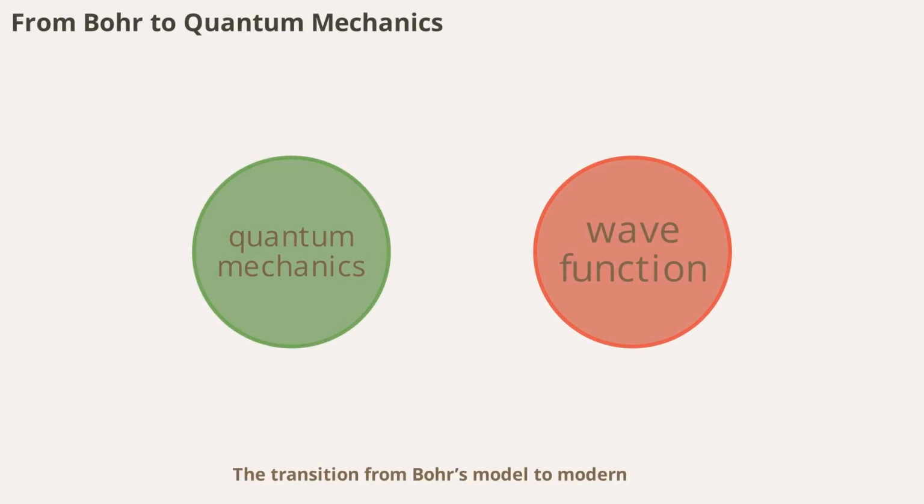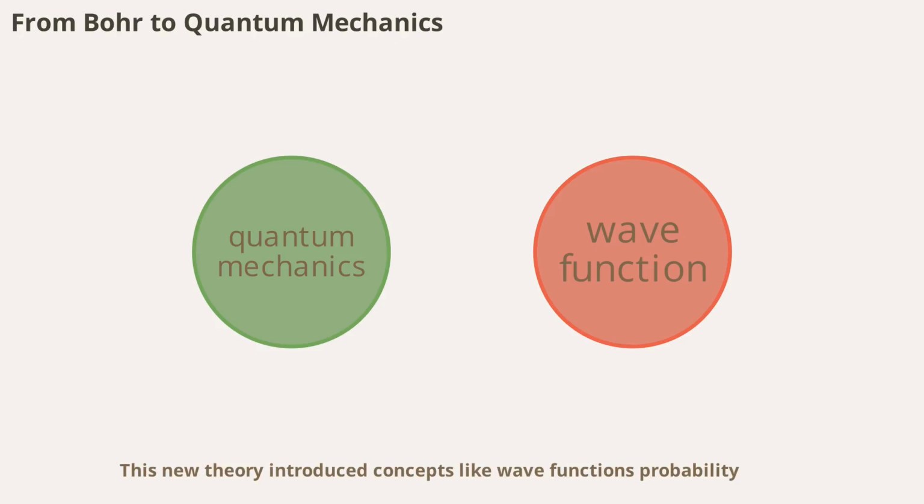The transition from Bohr's model to modern quantum mechanics was a major milestone in physics. While Bohr's ideas explained many features of atoms, they were eventually replaced by the more general and powerful framework of quantum mechanics. This new theory introduced concepts like wave functions, probability, and uncertainty, providing a complete description of atomic and